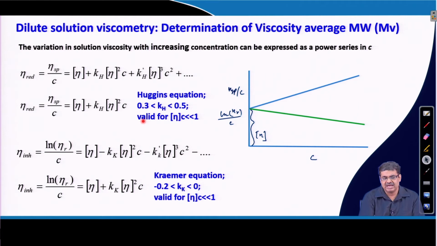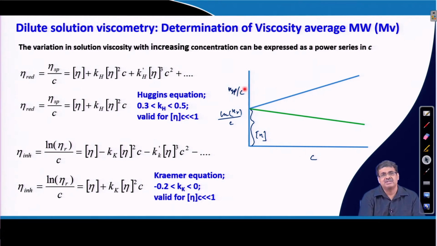So, using either of these expressions, or using both expressions to be sure, we can get the value of intrinsic viscosity. So, for that we need to calculate either eta sp or this for a number of solutions having different concentrations, and